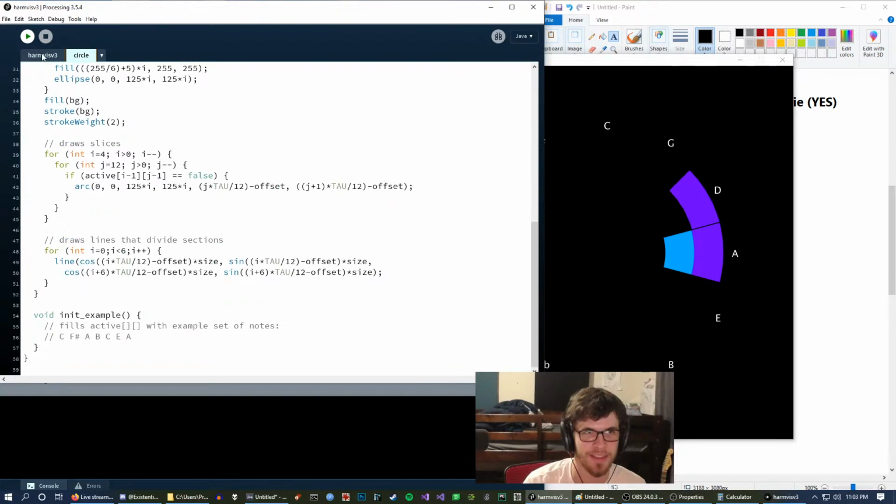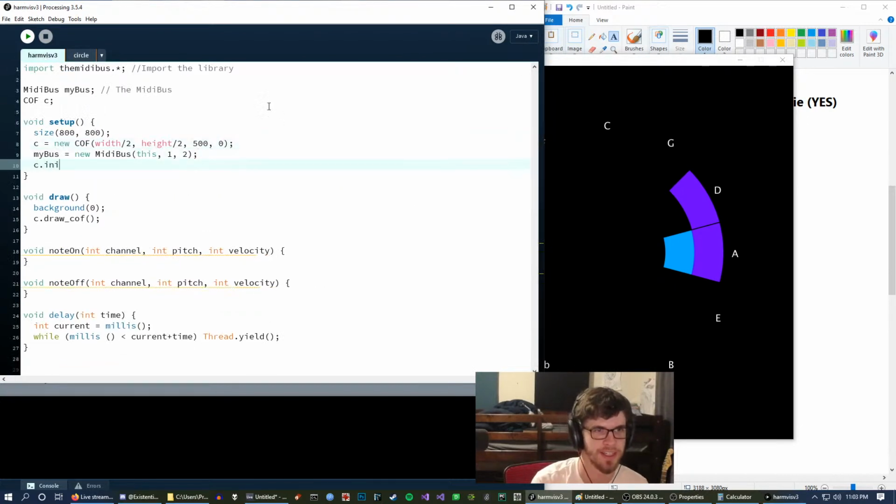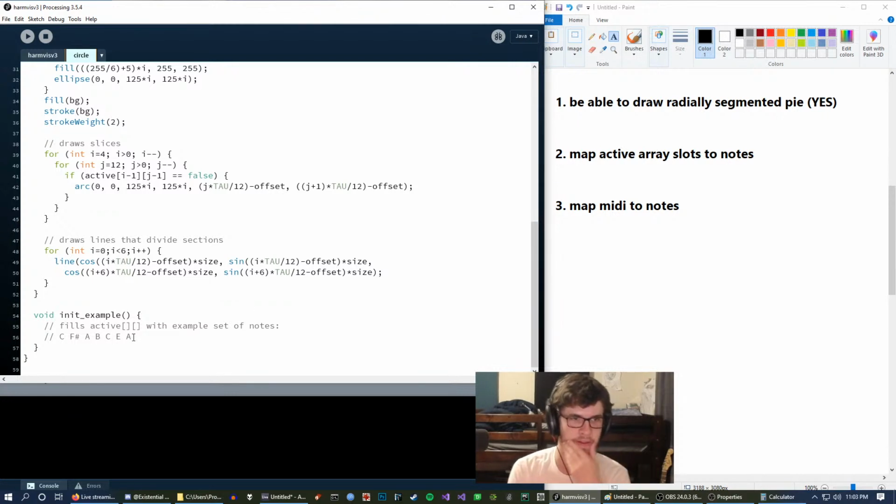So now I'm going to go back to this init example thing. I need to figure out from this example challenge I gave myself if there is C, F sharp, A, B, C. Yeah, okay, so as I just found out, let me comment this. A equals active 11. Actually, let me just write them out. A equals 11, which means B